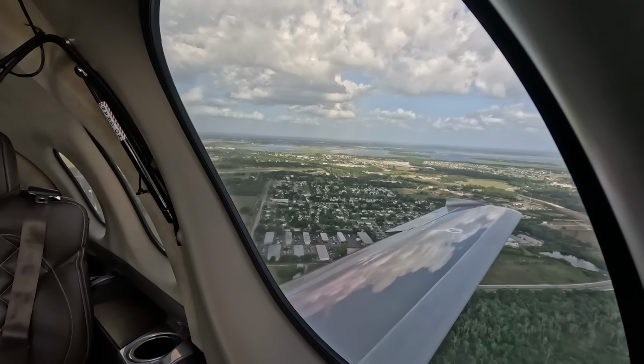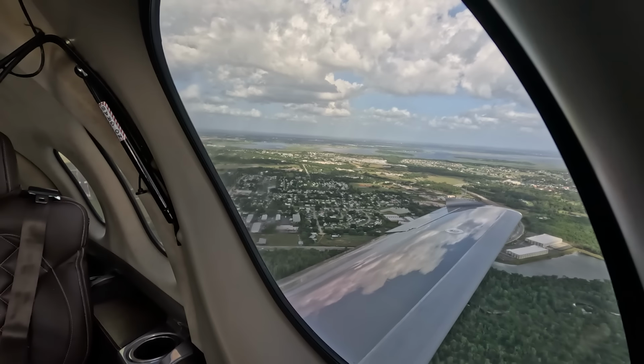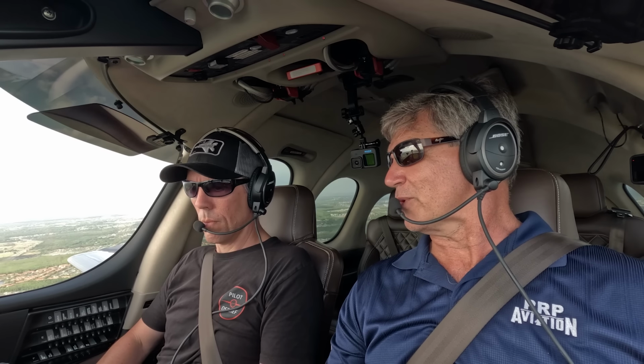There's 115, flaps coming up. Actually, we're going to be leveling off. We are underneath the Bravo, so we're going to have to actually make sure we don't exceed that 200 knot limit. Right. That's another thing I find interesting